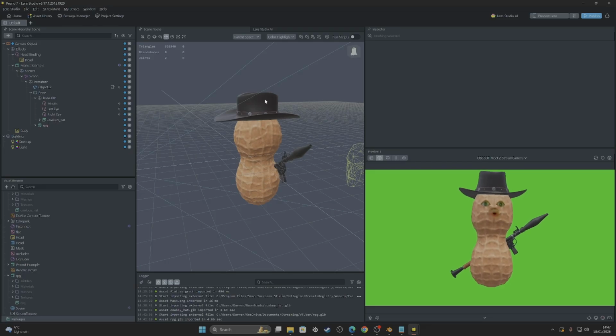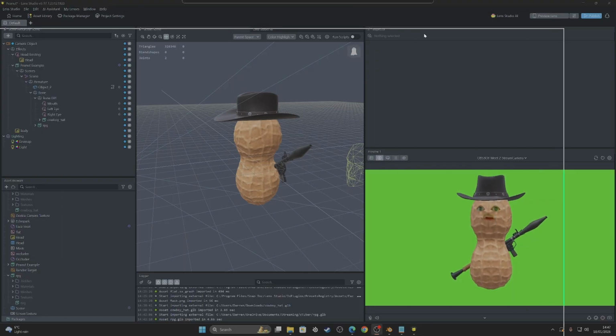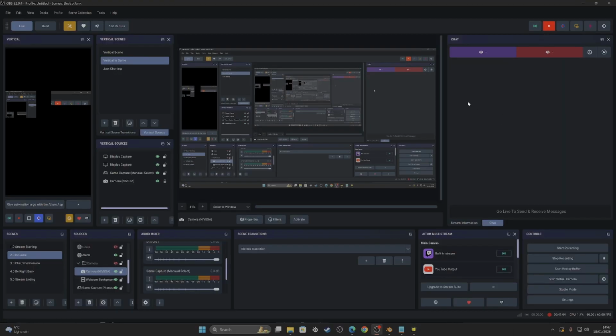So once you've opened your model, you've got it on here, you've got your green screen, you've got your preview selected on the bottom right, as I have on this. What we'll do next is we will open up OBS. So obviously at the moment I'm using OBS, so as you can see on the screen, it's going to go crazy. But what we need to do is, on sources, you want to add in